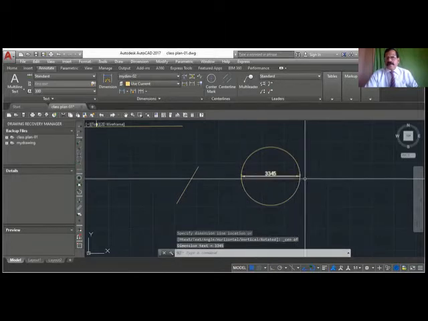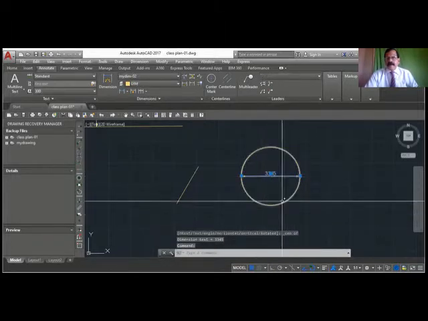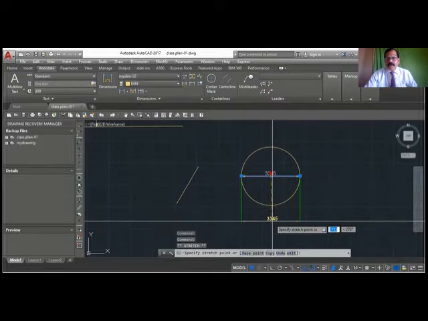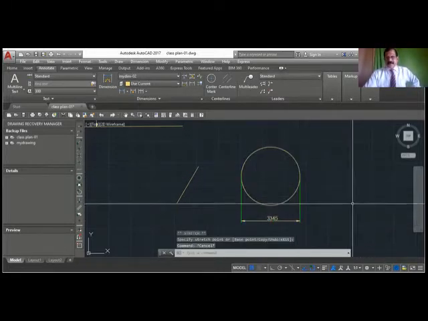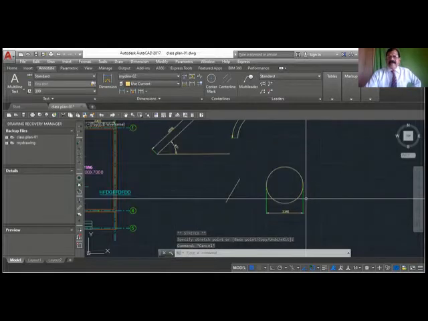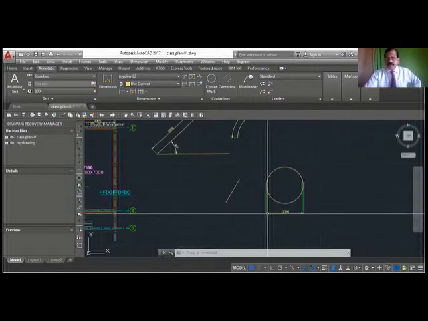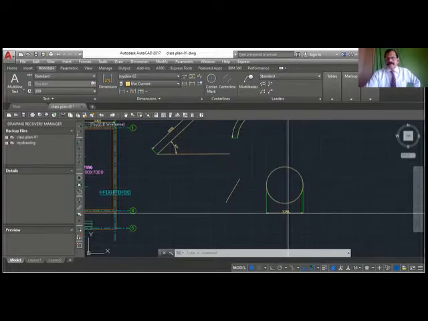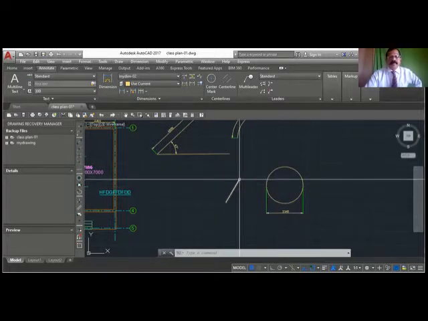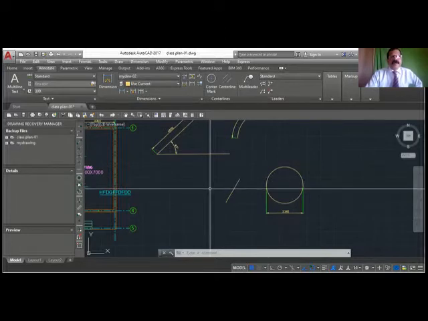So automatically it goes to center. You can click this one and drag it down if you want. Sometimes you want to show the dimension like this. In this case, for showing the diameter, if you want to show like this, then use the dimlin quadrant. Then you can show the location. Okay. Now let us move on to the next one.